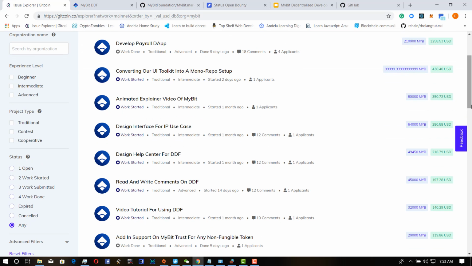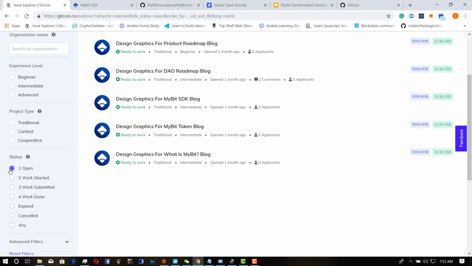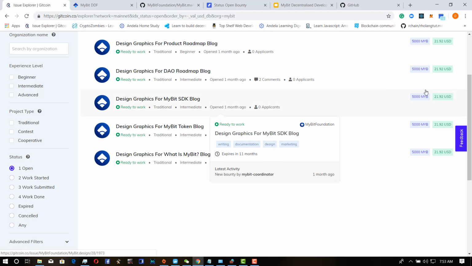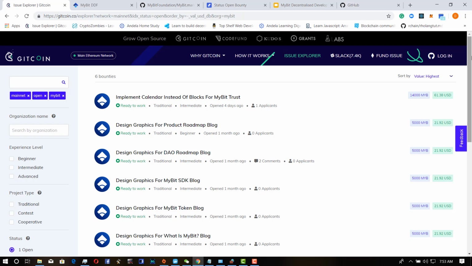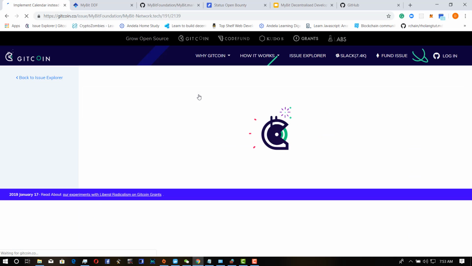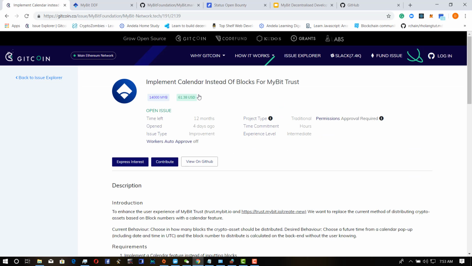Now you could also narrow down your search to your experience level: beginner, intermediate, advanced, and status: open, work started, work submitted. So it's best you search for open issues. Okay, so these are the list of all the open issues on MyBit. Open means that they are available to be worked on. So once you click on any one of them,